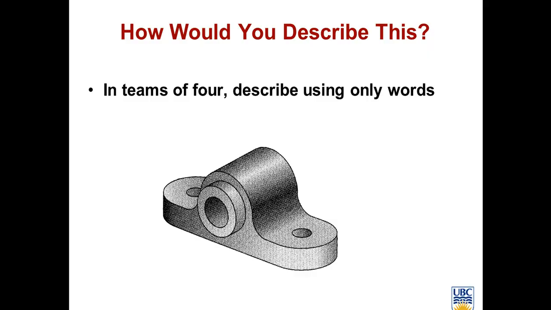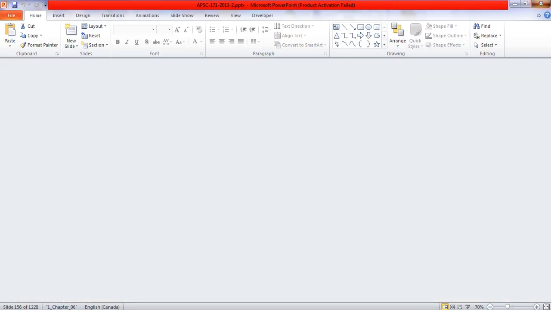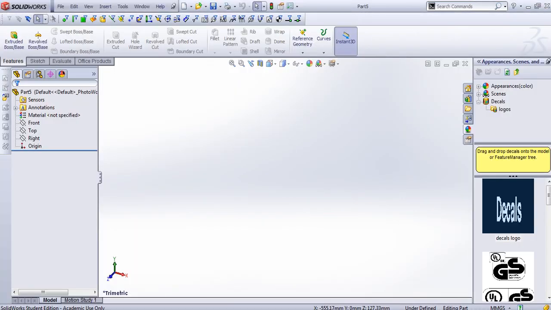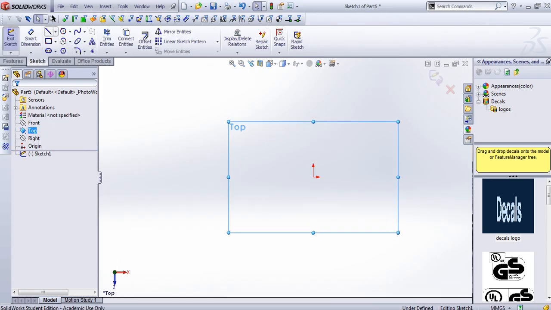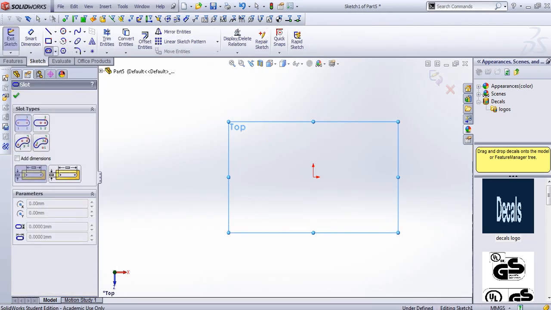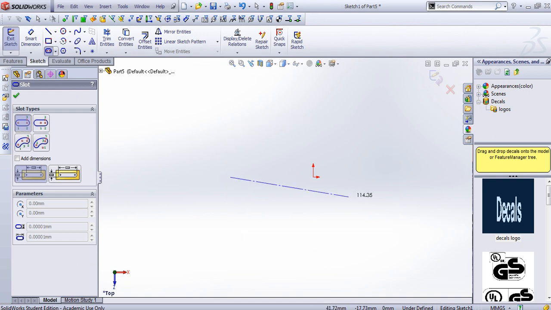And then I explain to them it's very easy to do that using engineering software. And this is exactly what I'm going to do now. Again, I'm not going to teach you how to do this here. I'm just going to show you how quickly it's possible. I'm going to create that geometry by simply